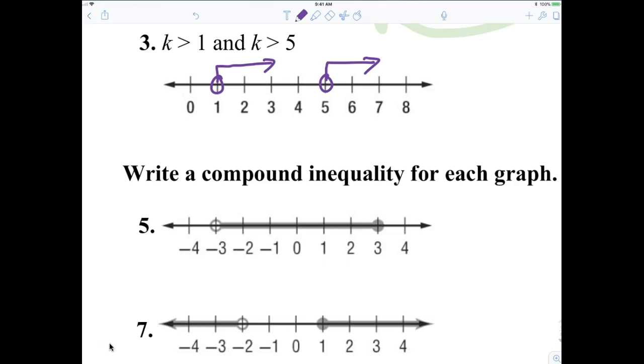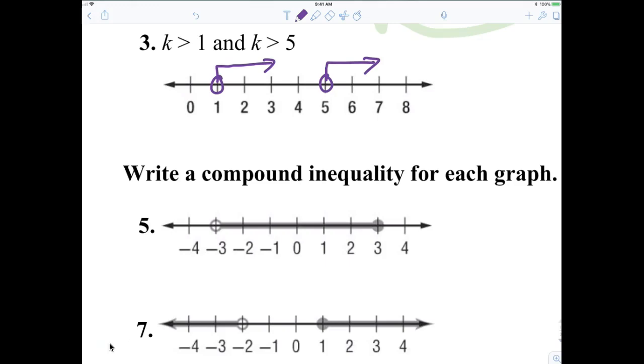Now, again, guys, this requires some thought. So please listen. I would like someone to tell me what numbers are greater than 1 and greater than 5. James. Greater than 5. Perfect. Does everybody listen to what I'm saying? I'm simply asking, if I said k is greater than 1 and k is greater than 5,